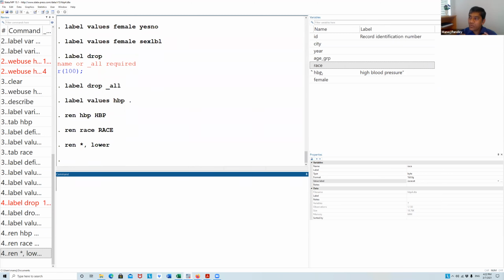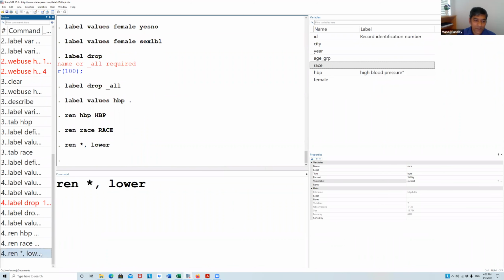So you don't have to change the names of variables from uppercase to lowercase or from lowercase to uppercase one by one. You just use ren star comma lower, ren star comma upper, or ren star comma proper.